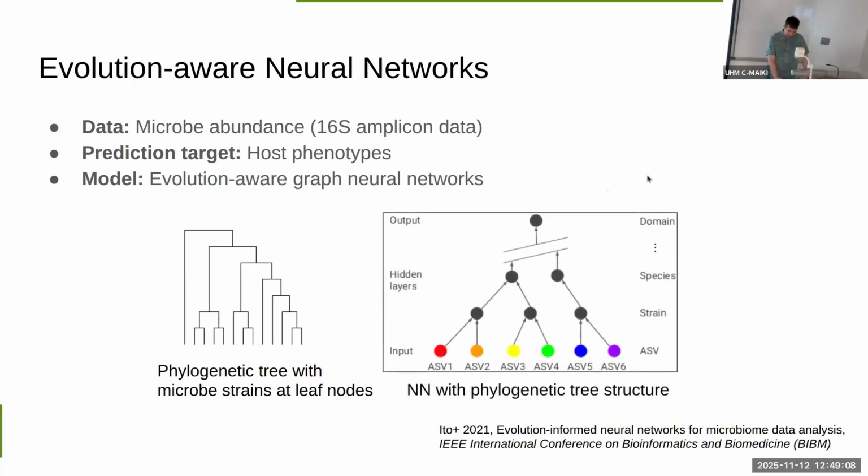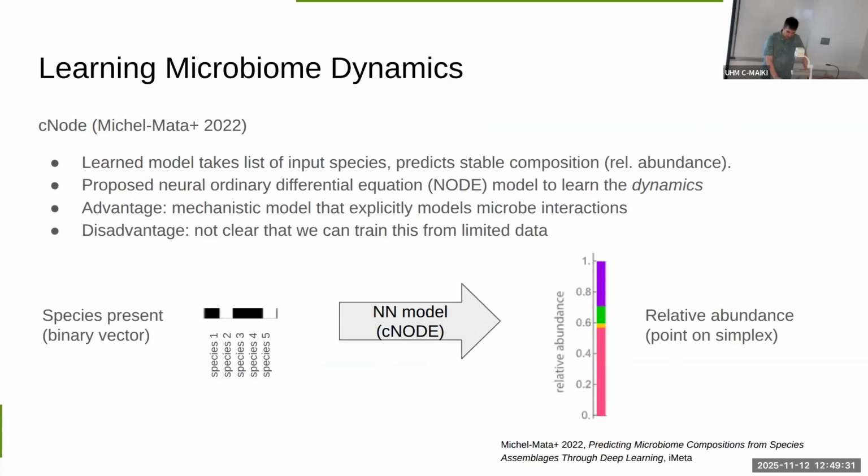We also published a paper on a neural network model that used the phylogenetic tree to constrain the structure of the neural network. The goal being to reduce the amount of data that you need for learning these microbiome host phenotype relationships. But the project that we're working on currently is we've been looking at this paper called C-Node from 2022, which